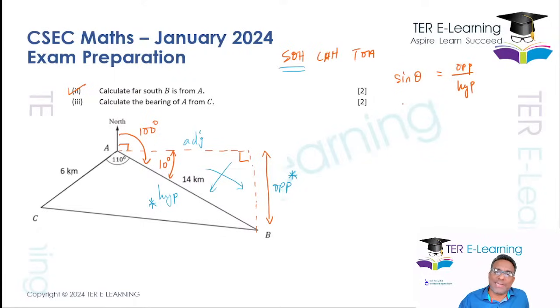So sine 10 is equal to the opposite, which we're trying to work out, over the hypotenuse, which is 14. So to work this out, just put sine 10 over 1, and then you're going to cross multiply. So therefore, opposite is equal to 14 multiplied by sine 10,